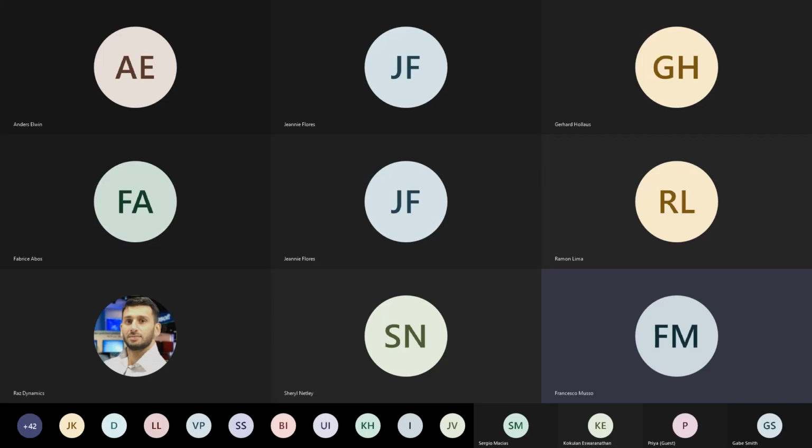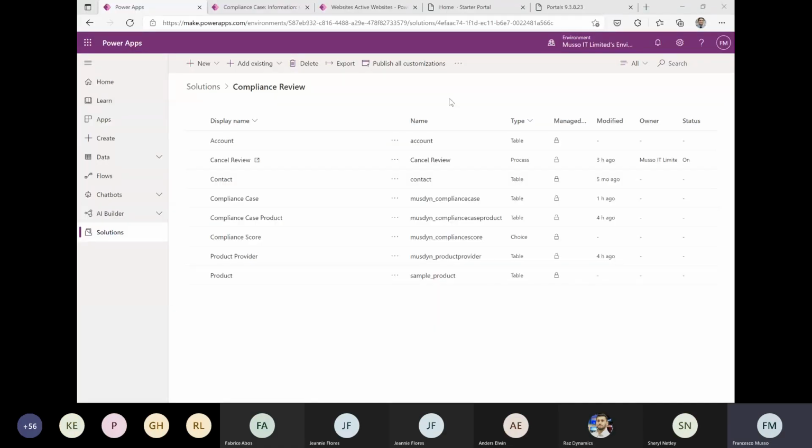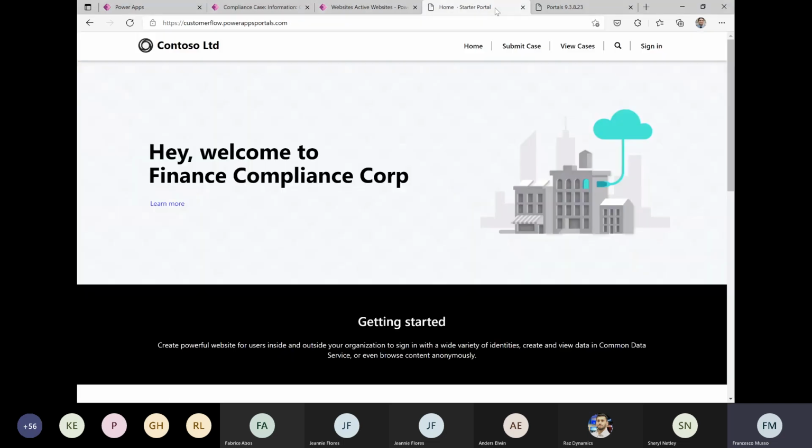So I've got a mimic something that I built for a customer here in the past, which is about compliance reviews. And the lay of the land is we want to allow customer self-service through a portal that they can submit compliance cases for review. And what they're allowed to do with those cases is going to differ depending on the life cycle of that review. So for example, when something's reviewed, in fact, I might as well show you this on the portal,